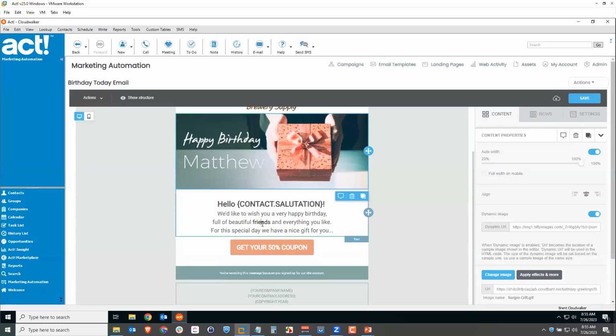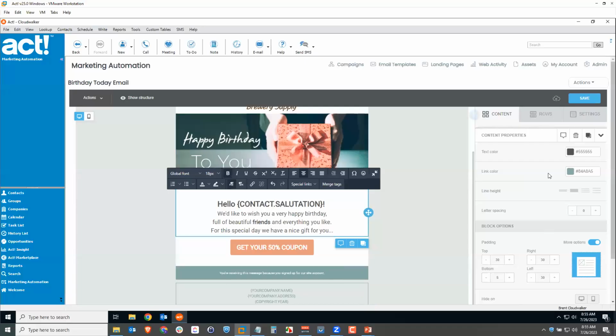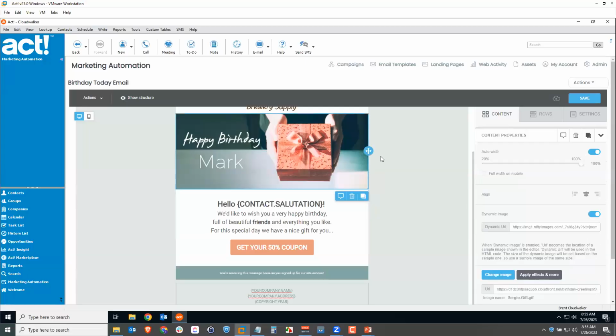And every time you click something in the email template, you'll notice that this content area changes on the right to reflect what you're looking at. If I switch to a photo, it's going to change these properties to reflect this photo that's selected. And you can always tell something's selected because it's outlined with a blue box. So on the right, with this photo selected, we can see that it's a dynamic image, and we see the